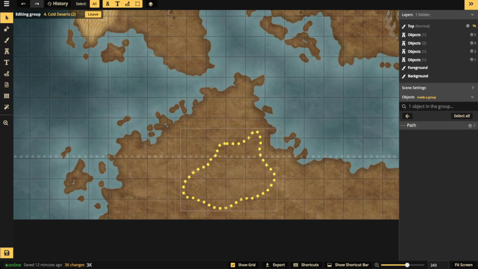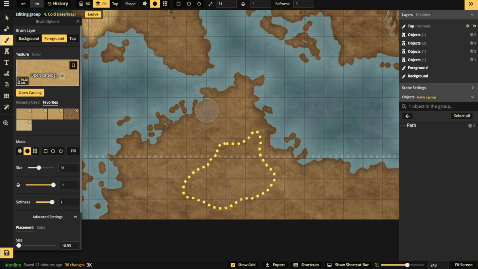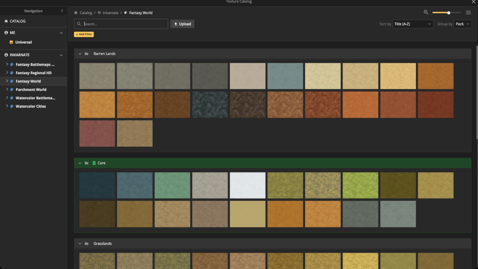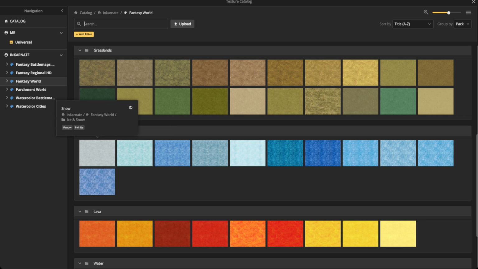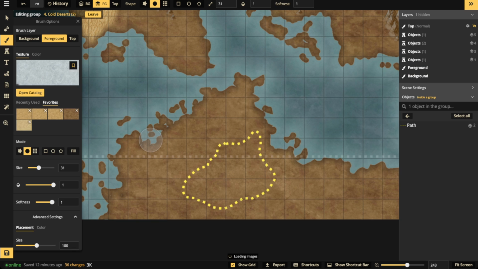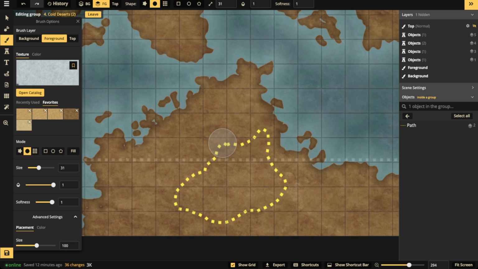So with this one, we're going to go with more of a cold, desert-y feel to it. There's not a lot of dunes in this, so instead you want to go with a snowy-like texture. And you can use whatever you want. You could use this land white texture from the Fantasy World style. You could use any one of these ice and snow textures if you want. I'm going to use this one right here, this snowy one. I kind of like it. And I'm just going to place it here,